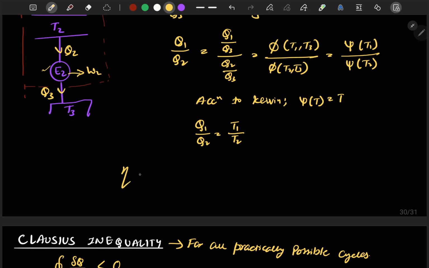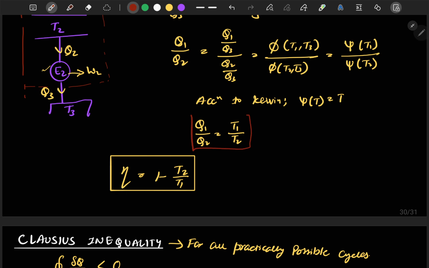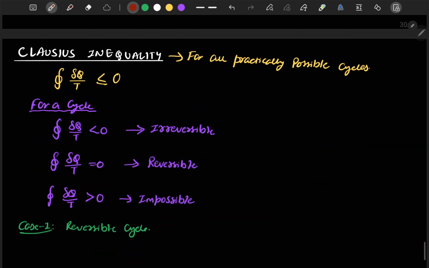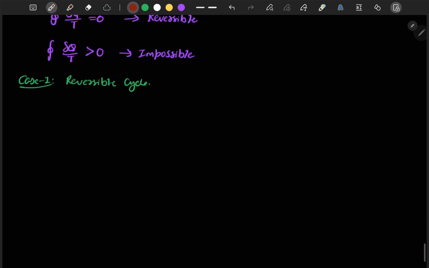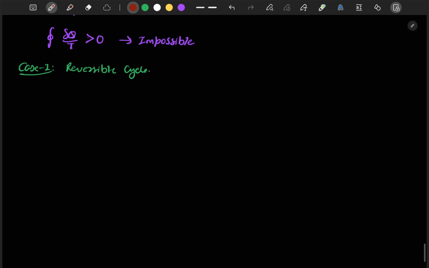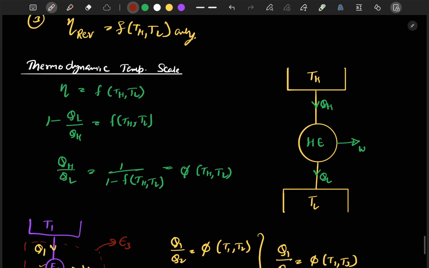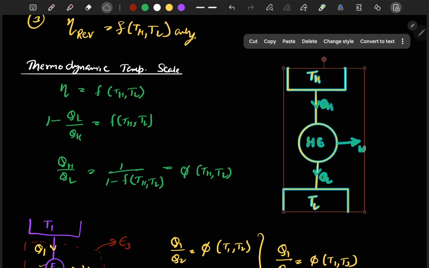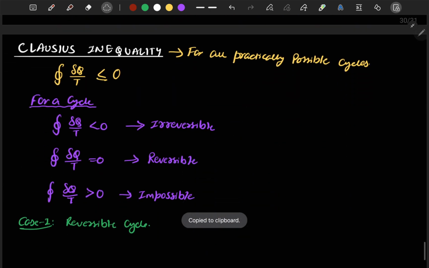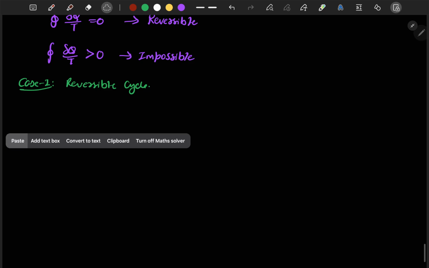So we can write efficiency is equal to 1 minus T2 by T1. Okay, this is also known as Carnot efficiency. So you should remember this relation. This will be useful in our further study, like here when I am showing it for a reversible cycle. So consider a reversible cycle, we will use this cycle only. So if there is a reversible cycle,